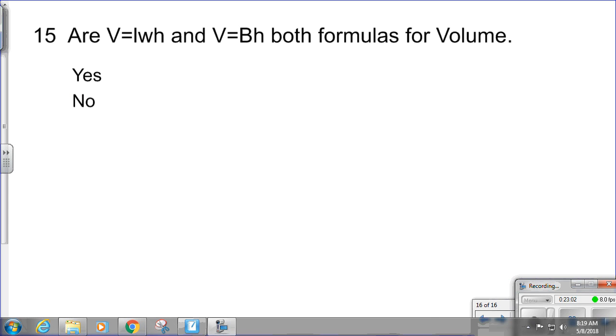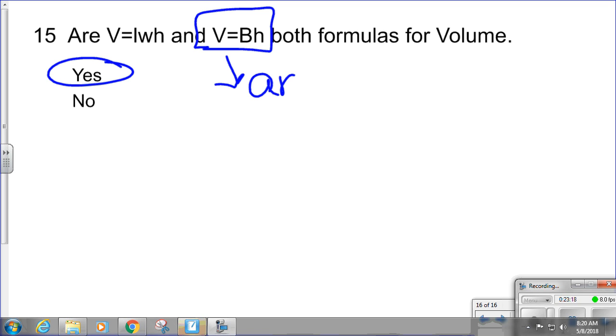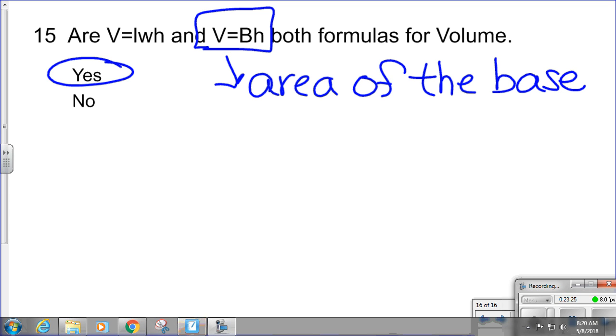Okay, this last one, our volume equals length times width times height, and volume equals base times height, both formulas for volume. Yes. And the reason I put that there is because there is one question on your test that is using this formula. You know when to use it when it says area of the base. Then that's a huge problem for me because